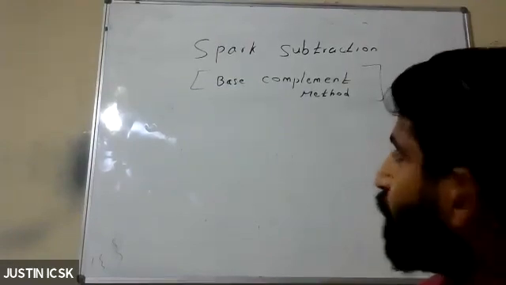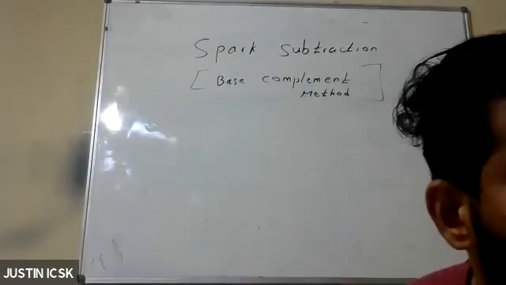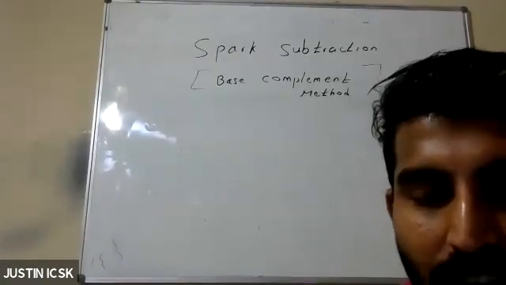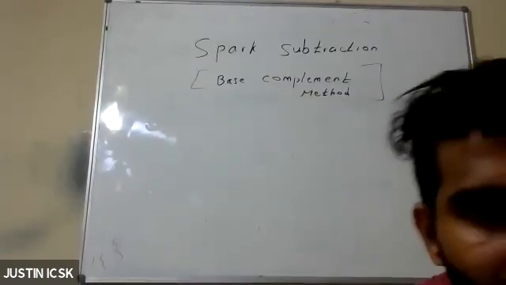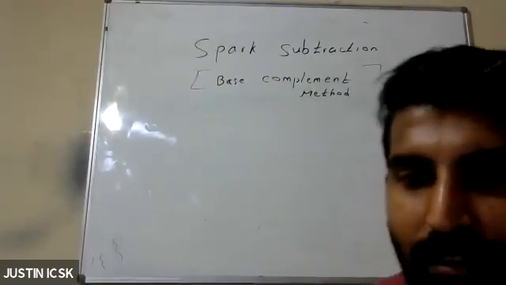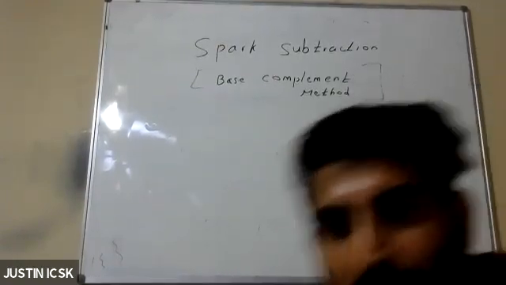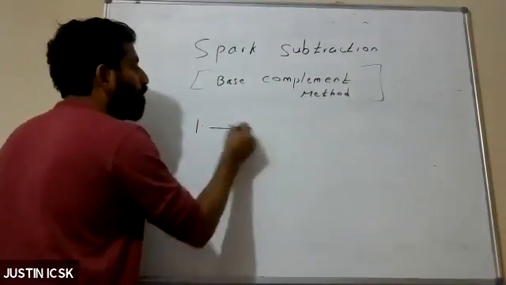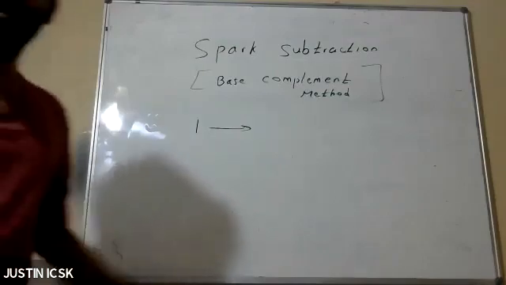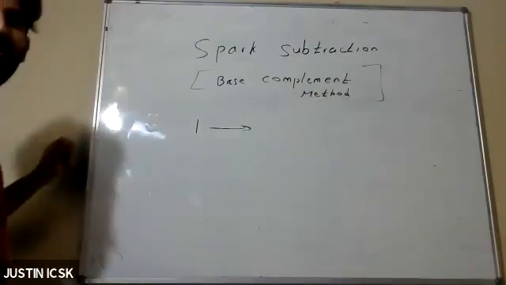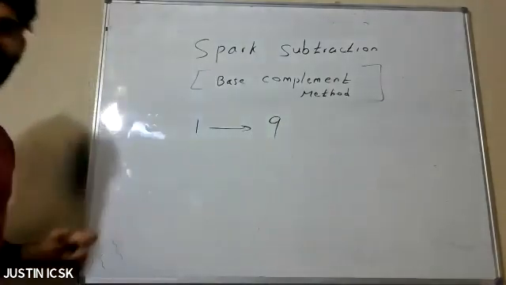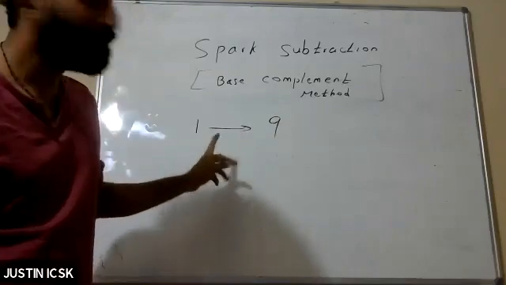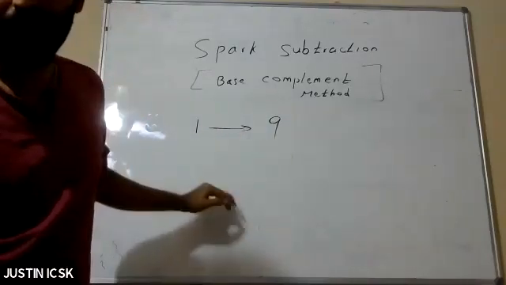So here one word is there, complement. In Vedic maths, not only in subtraction but in division and many other problems, this word will come. So you should know what is the complement of a number according to Vedic maths. I'm telling only for single digit numbers. Very easy. Complement of 1: check which number you add to get 10. If you add 9, you will get 10. So 1 and 9 are complements. Complement of 1 is 9, complement of 9 is 1. Just check, 1 plus 9 is 10. That is the method for a complement.